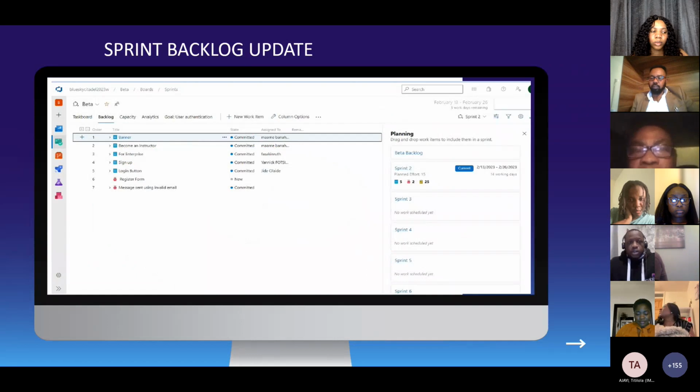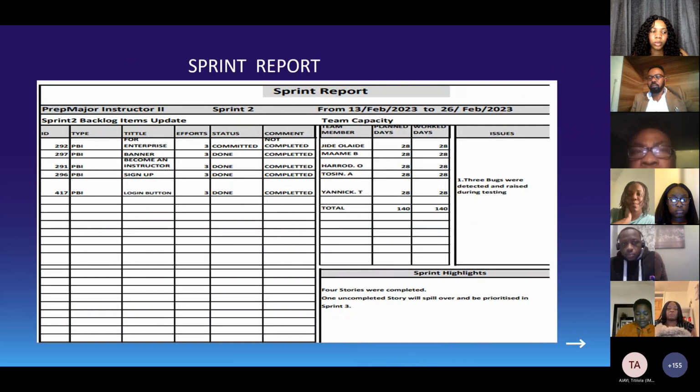This is the sprint backlog page. This is the updated one showing what has been done so far. This is a sprint report showing the summary of what we have done in the sprint. The issues and the highlights of the sprint are there, and the PBIs are indicated on the left-hand side.